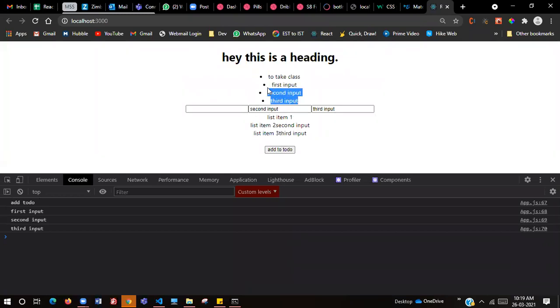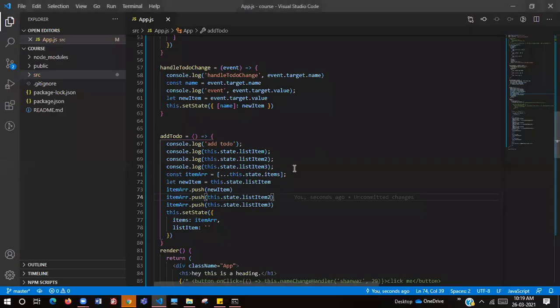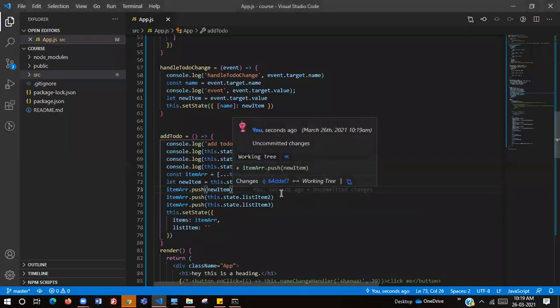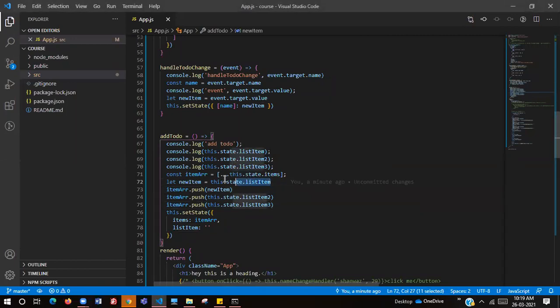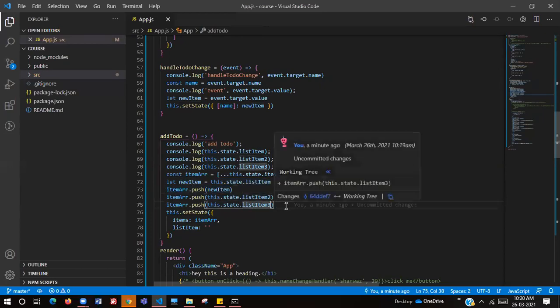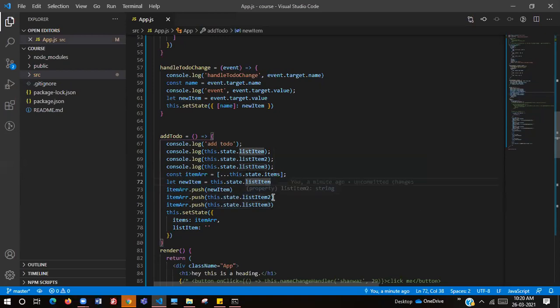Okay, all of those got added, and let me tell you how. For the first input, we were doing this.state.listItem equals newItem. We were taking that copy and pushing that copy into the item array. Now, for listItem2 and listItem3, we are not making that copy, but we are always updating this.state.listItem as we type, right?